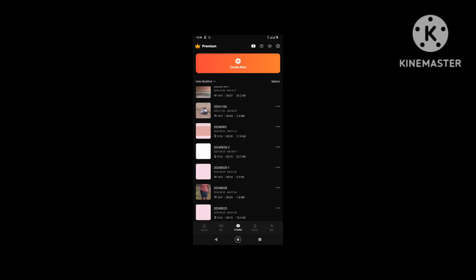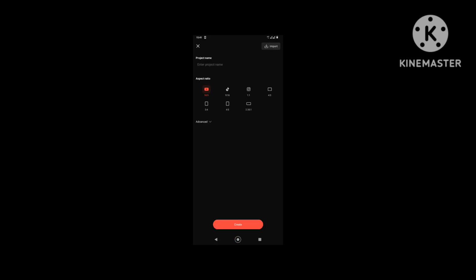1. To set up your project, open the KineMaster app and tap the Create button. Select New Project. After that, you will see the next step.